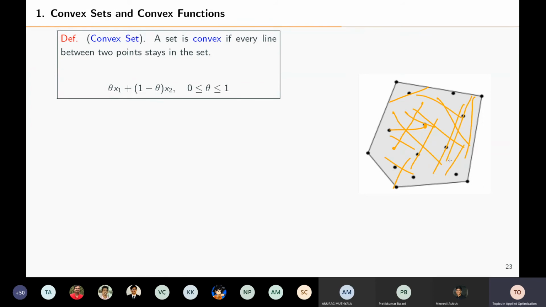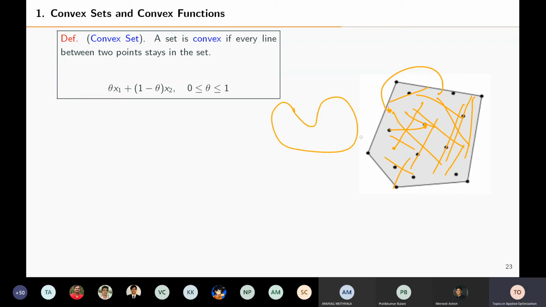Okay, straight line. It cannot be curved, right? If you ask for a curve, then it will not work, right? If it is a curve joining two points, then definitely many parts of the curve are outside. So we are talking about lines only. For instance,